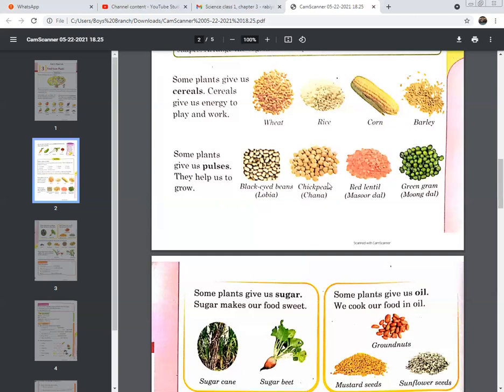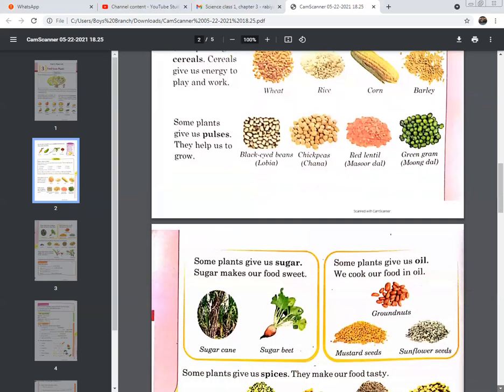And there are black chickpeas as well. They are very healthy. Red lentil, it's called masoor dal in Urdu. And green gram, it's also very healthy. It's moong dal. It's called dal moong or moong dal in Urdu. So there are also lots of other lentils as well, and they are also very, very healthy. We eat them with bread or roti, and we also eat them with rice.